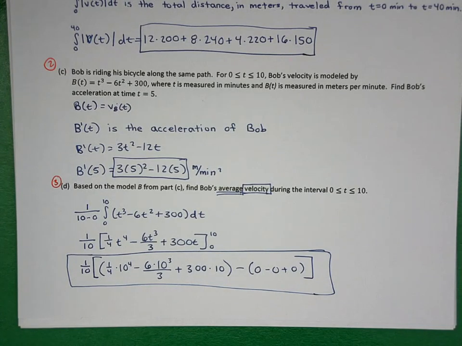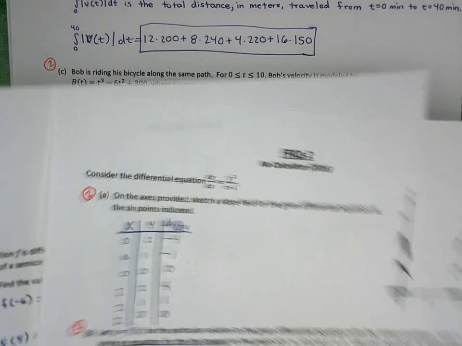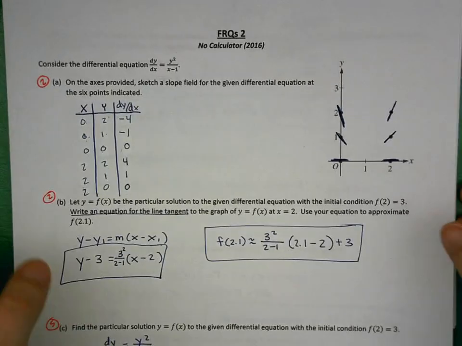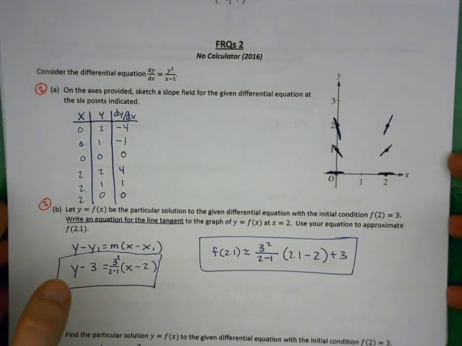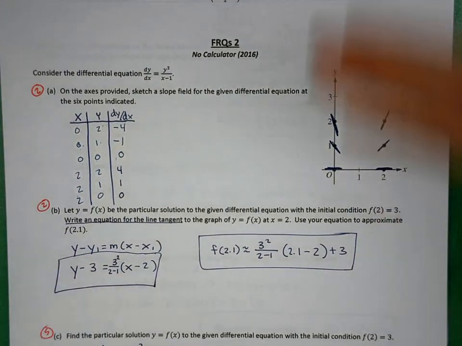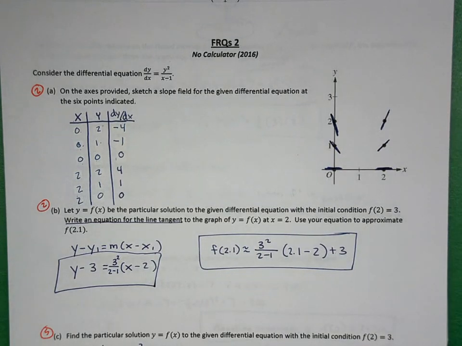Okay, that's FRQ 2. Again, you have 15 minutes per FRQ, so you've got plenty of time. With this FRQ 2 then, 3 FRQs, we'd be looking at 45 minutes to do these 3. This video, even with all of my extra talking and talking about the rubric and all of that, is still under 45 minutes, so you have time to really pause, to read through the problem, to annotate it, circle things, rewrite stuff,